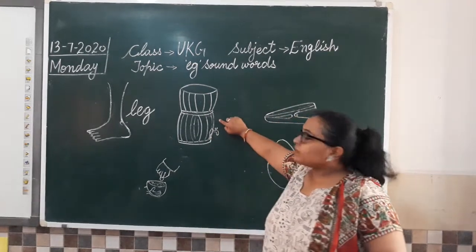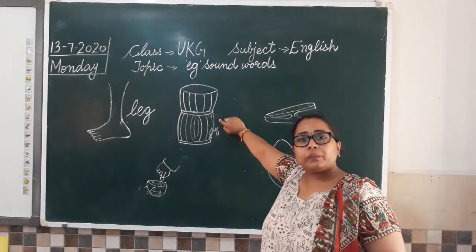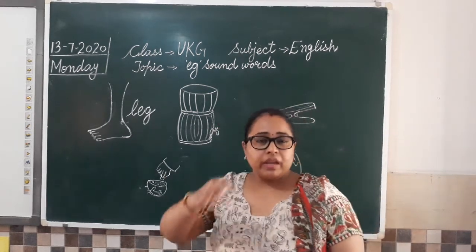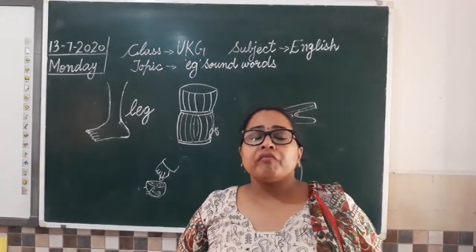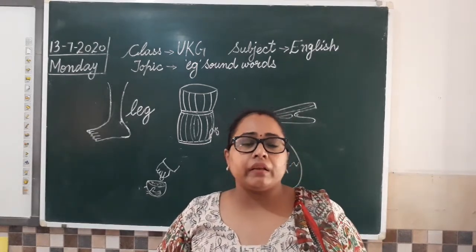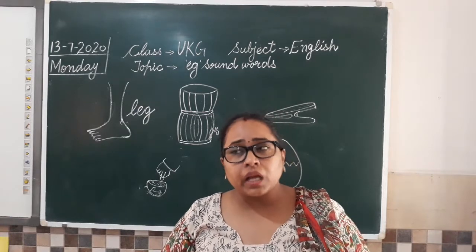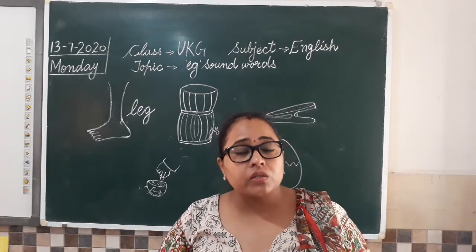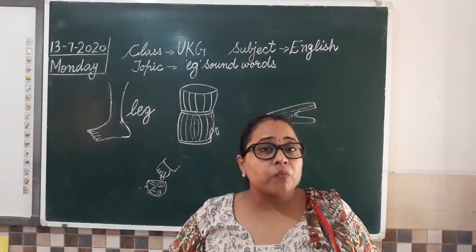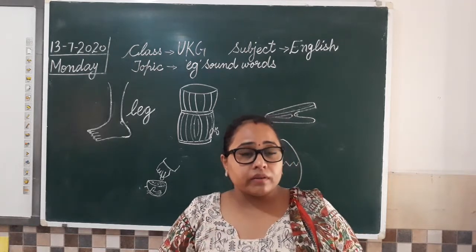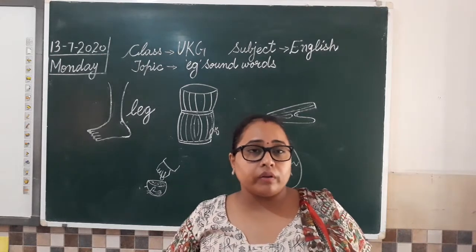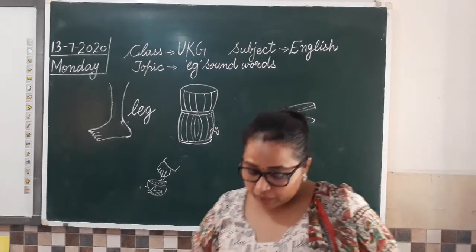Can you tell me what is this? Can anyone tell me? It's a barrel. एक जग की तरह होता है. It can be of any material like wood, copper, steel. Nowadays in steel. It can be in plastic also, as we are using at home. So now I tell you what this is. Something in which we keep water, and whenever we are thirsty, we open the tap, we fill up a glass or bottle, and we drink water. So what is this? Yes, can anyone tell me what this is?